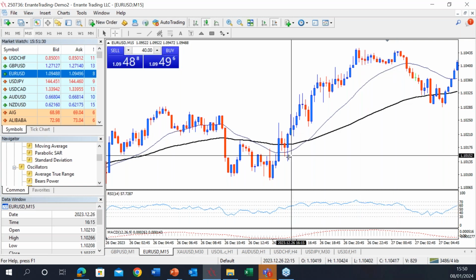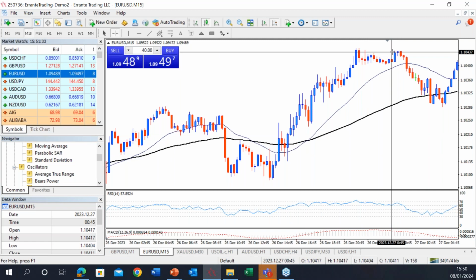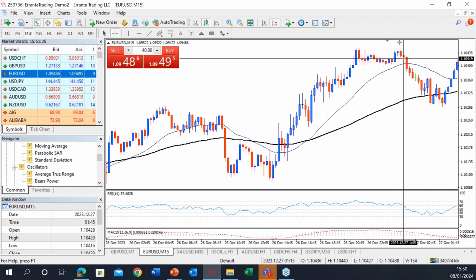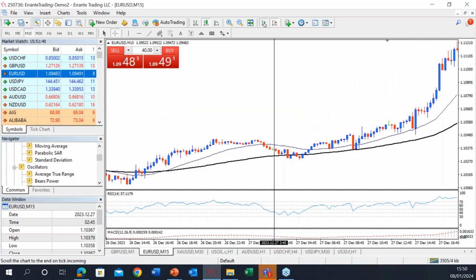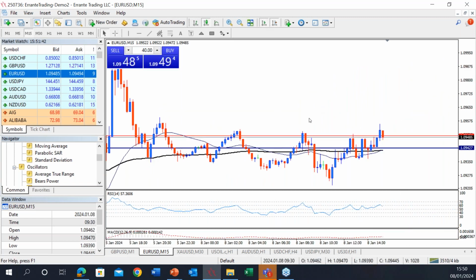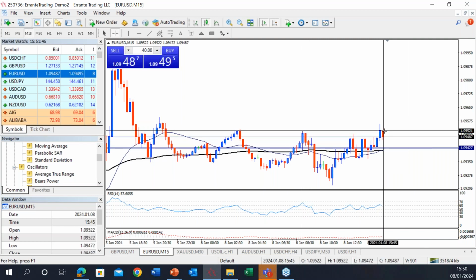You see, we have an uptrend here, and then here we have another engulfing, and this is an opportunity to trade this setup here. And if you look right now, you see the market is in range, and this is the Harami pattern